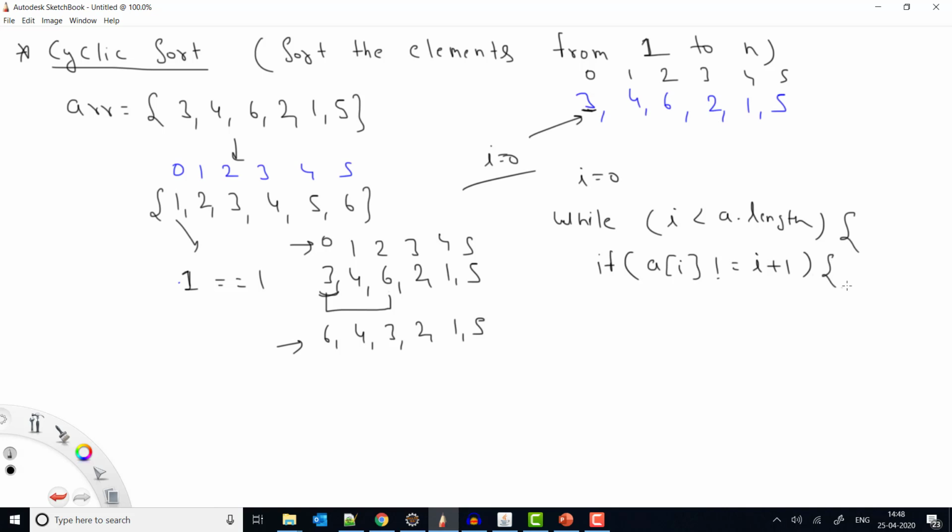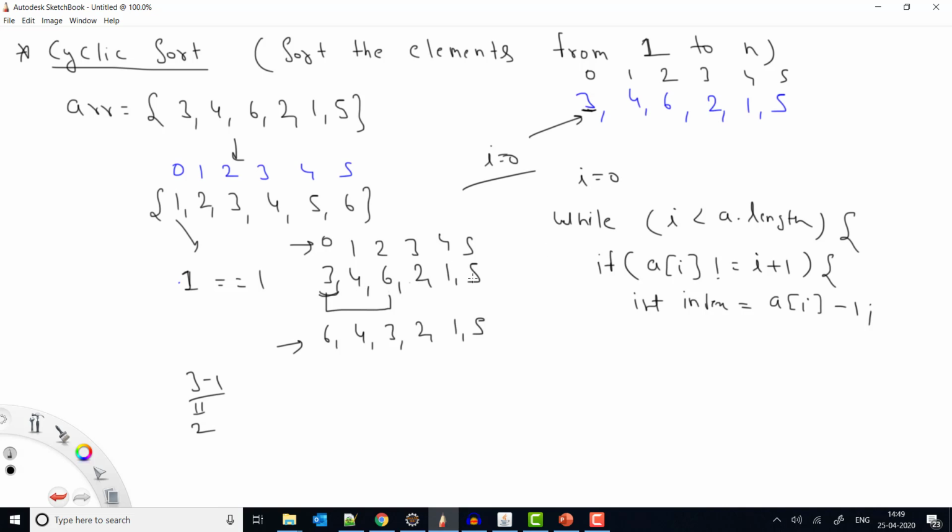So first of all I will find out the index. Let's say this is the next index, because that is where I want to put it. Let's call it the index to be swapped. Here I have the index, and this is the position where I want to be. So the position is array of i minus 1. Why array of i minus 1? Because array of i is 3, so 3 minus 1 is 2. It means I want to put this value at its second index.